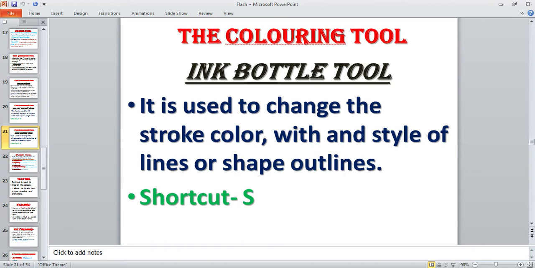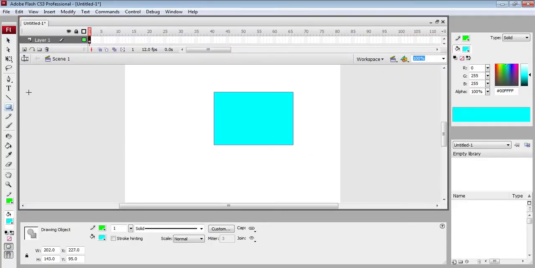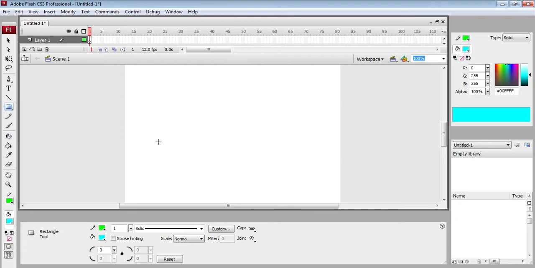Now I'm going to show you both tools. You can see this is the Adobe Flash CS3 Professional screen, and in it you can see this is our paint bucket tool, and this is the ink bottle tool. Now I am going to show you the activity, how we can work. Suppose I am going to draw one shape.